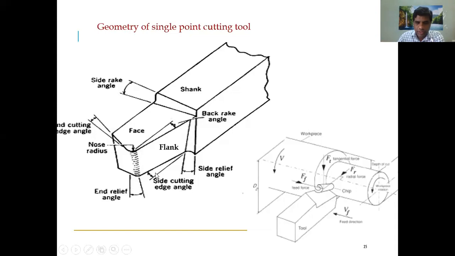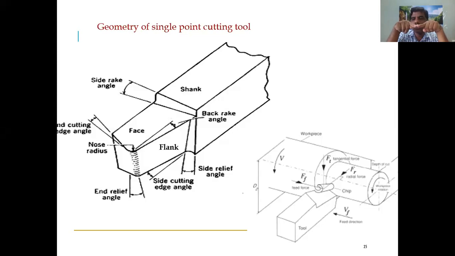And wherever these cutting edges are meeting, normally it is not a sharp edge. It is supposed to be a sharp edge, but when you study the design of machine members, you will learn that in design we always need to avoid sharp edges. If something is sharp, stress concentration happens. You studied stress concentration in your mechanics of solids, right? If stress concentration is happening, the metal becomes weak at that position.